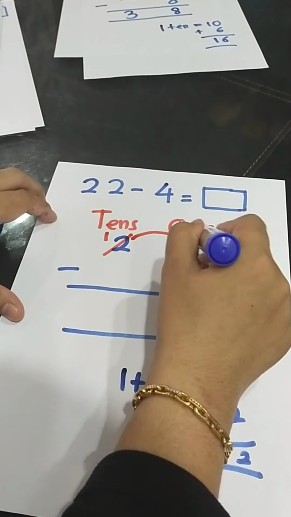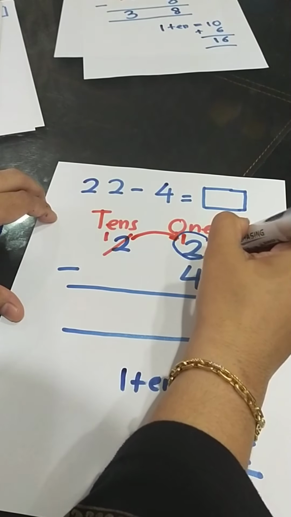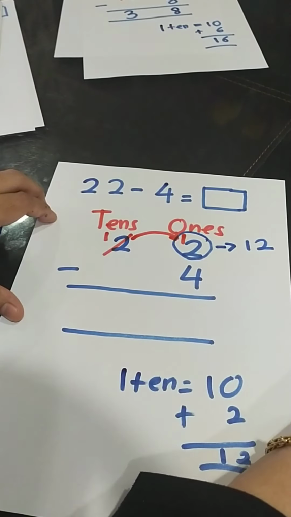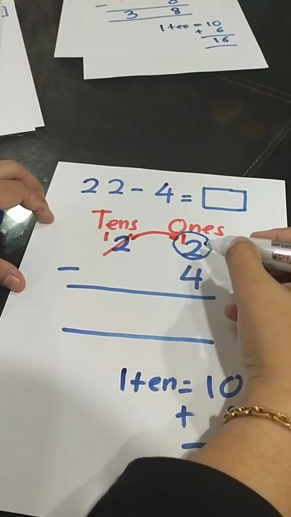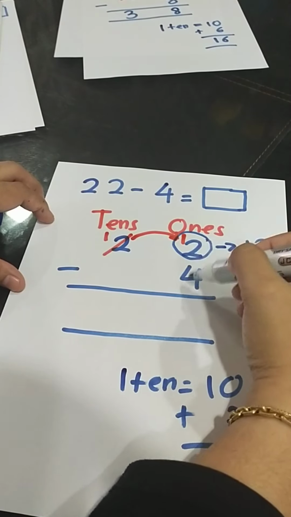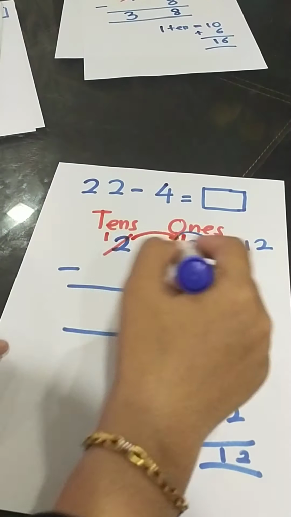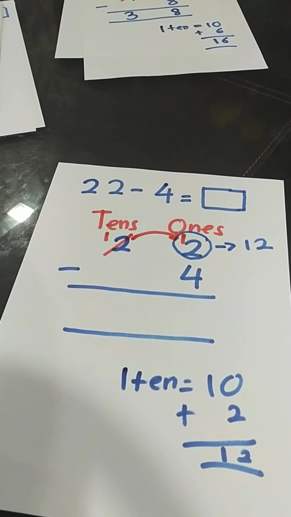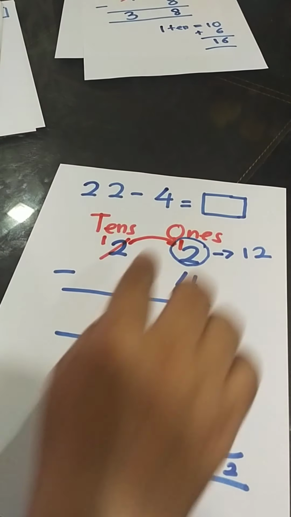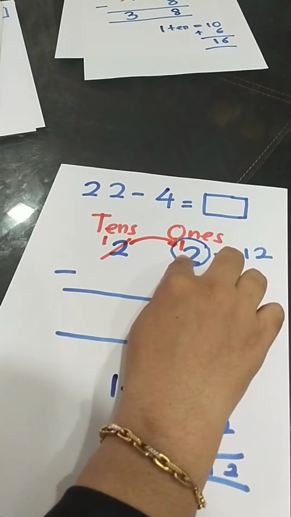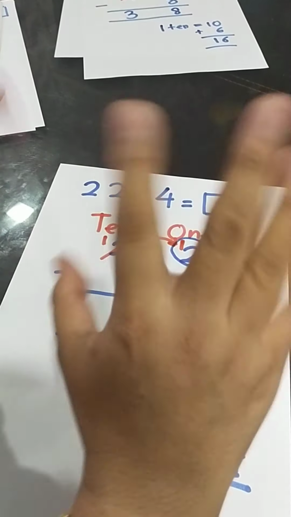So this number is actually 12. Okay, 12. So the number is already bigger. So it can minus. Okay, 12 minus 4. So we can minus. Okay. But the figure is more than 10, so it's hard for us to